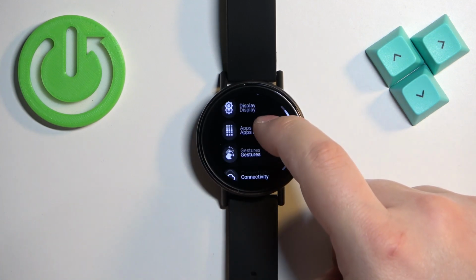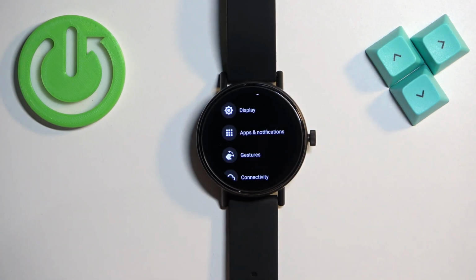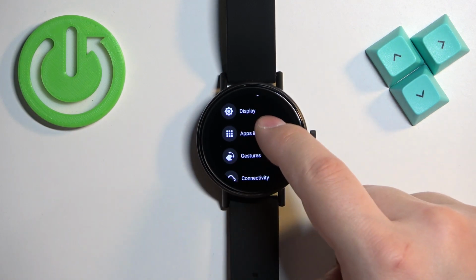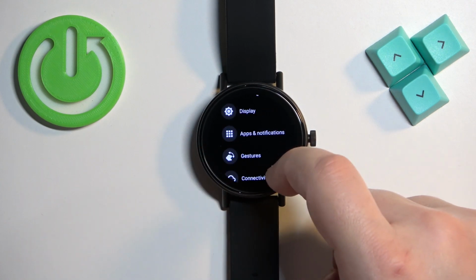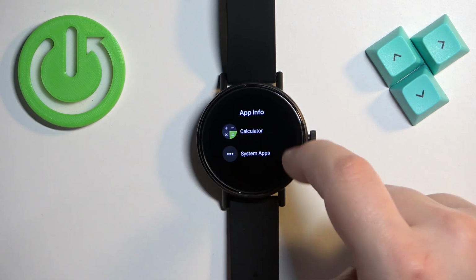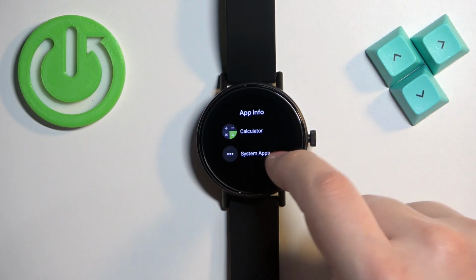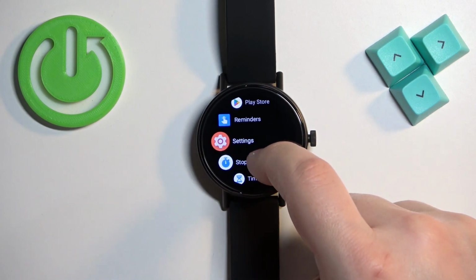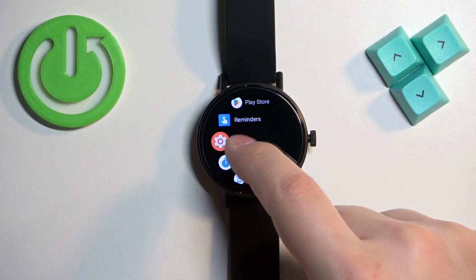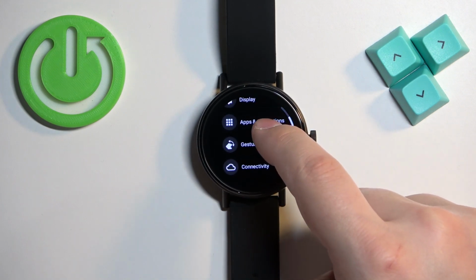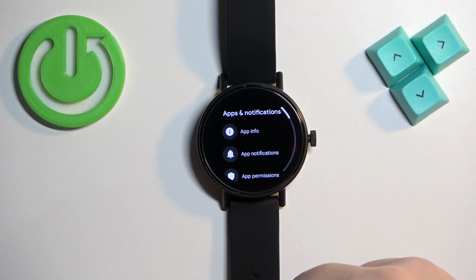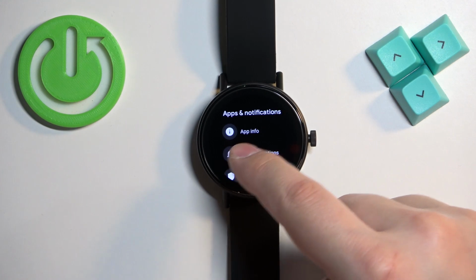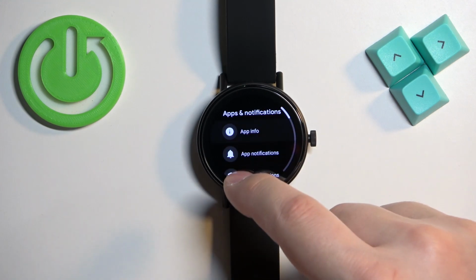In settings, find the option called apps and notifications and tap on it. And here find the option called app info. Something bugged out, as you can see. Let me go back to settings. And now tap on app and notifications. Okay, now it's working. In the app and notifications, you will see app info, tap on it, and here you